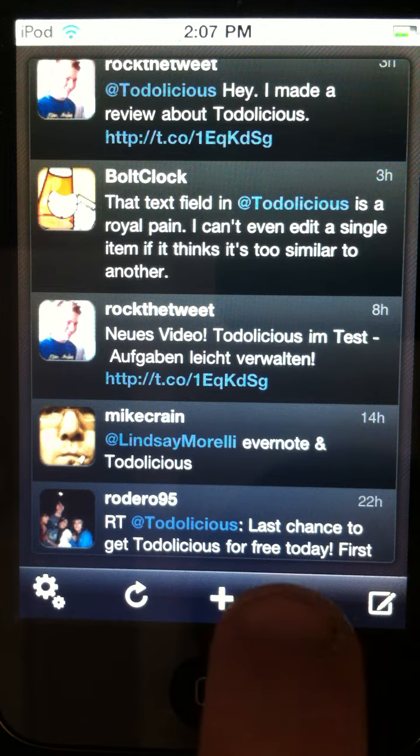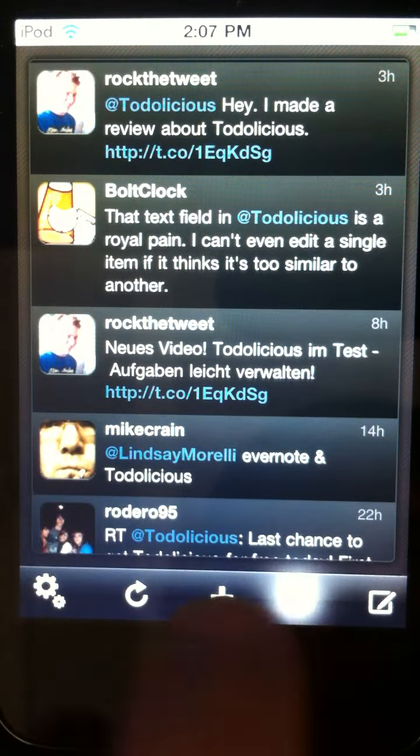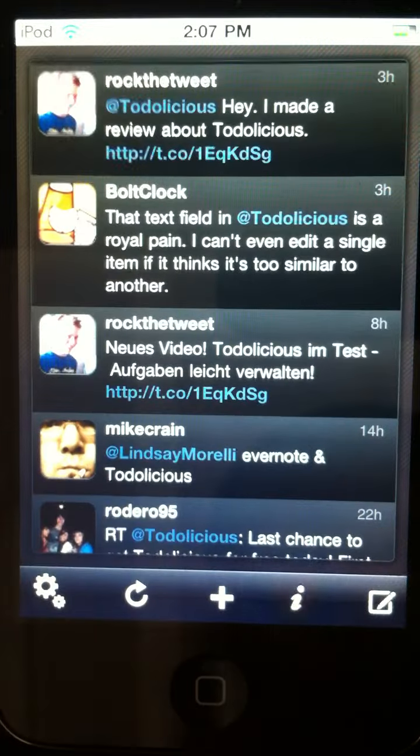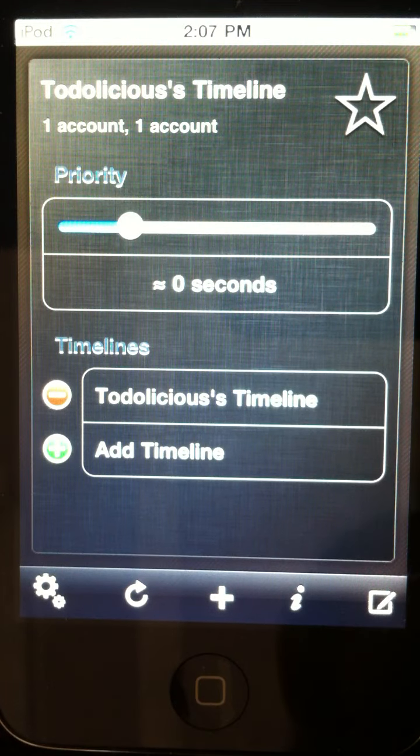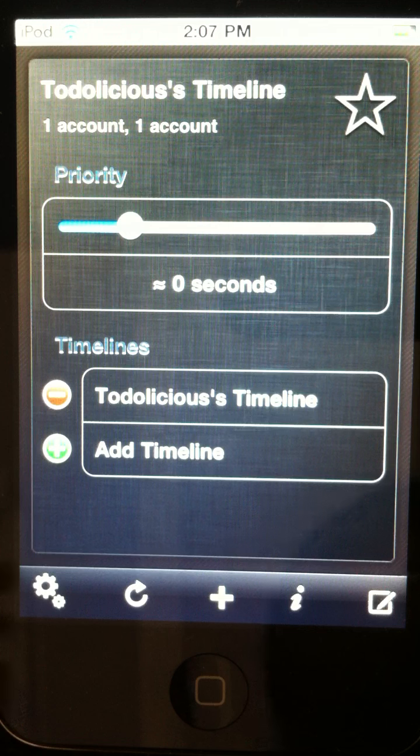So I want to show you one of the other cool features about this, which is a little bit different, and this is the concept of the card versus the timeline. So if we hit this little I button down here, the card is actually, maybe, try that again, yep. The card is going to flip around, and we're going to see some properties on that card that we care about. Up here at the top, it's got a name. We can edit the name if we want. We don't. It's got this star button up here, which is a concept used to mean this is like a